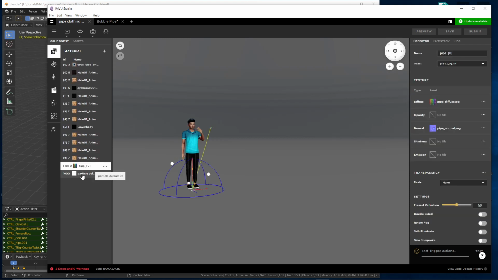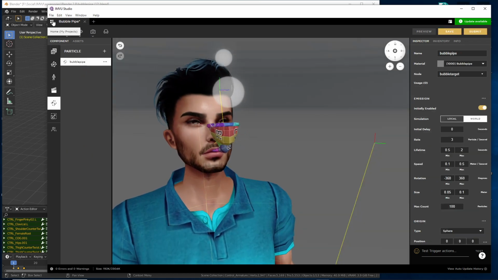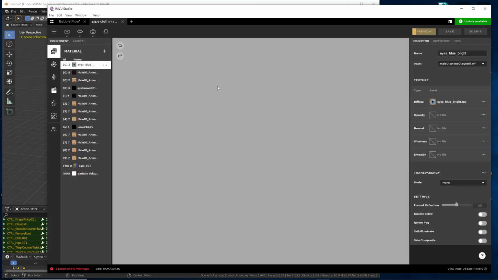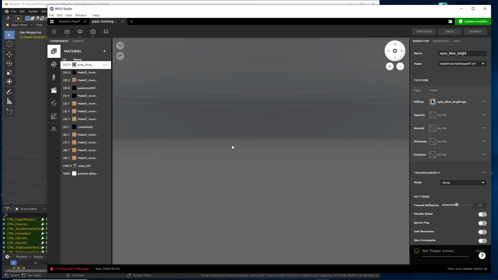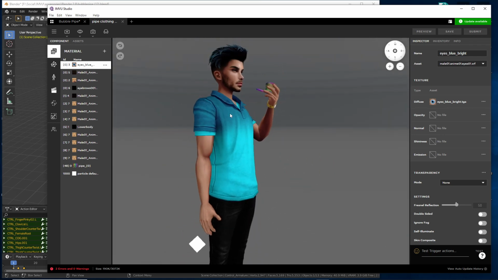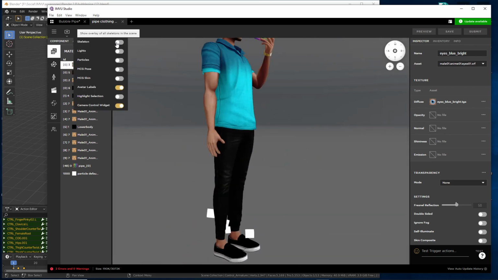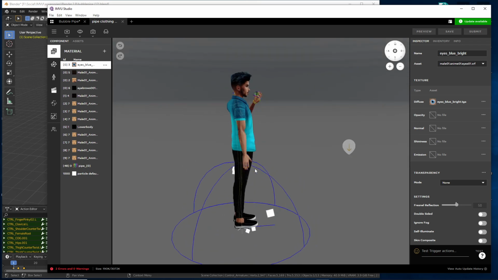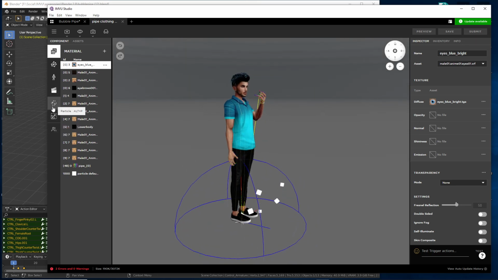Right, so there's our material, there's the particle effect. So let's just close this, reopen, just to make sure that it hasn't messed up with our material. It doesn't because it has. So skeleton, particle. Right, so what we're going to do now is change